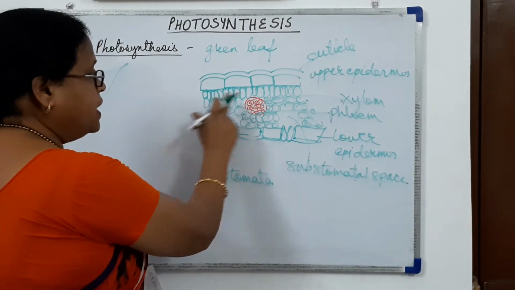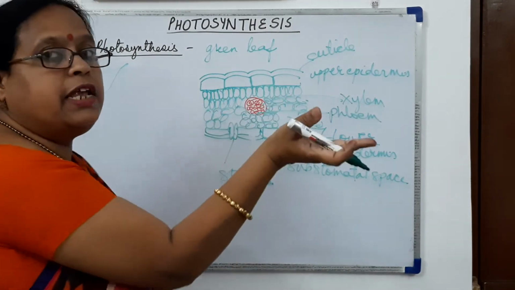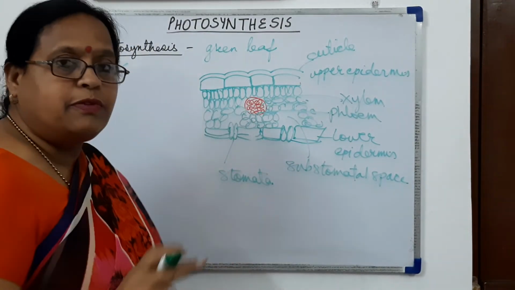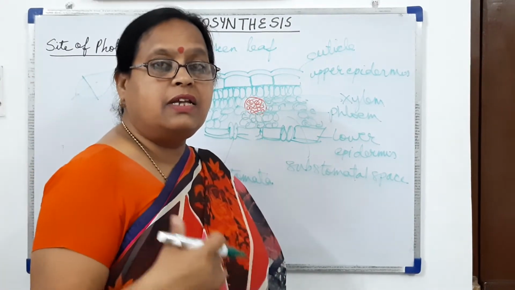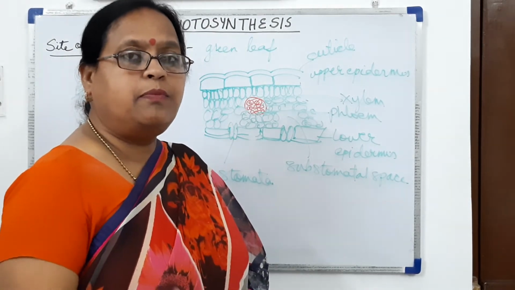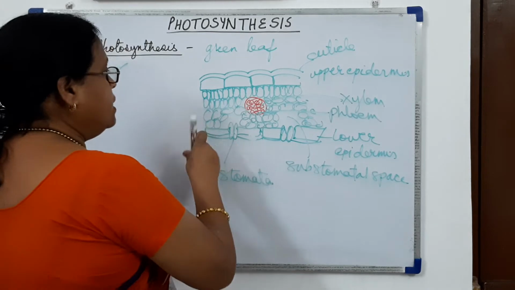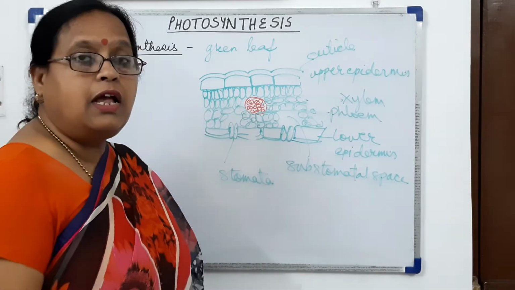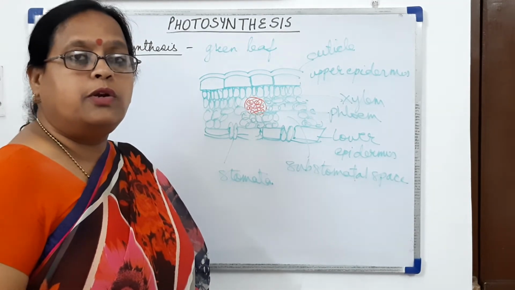And in the mesophyll cells, because the upper layer is exposed to the sun, the chloroplasts, as we know, divide when they are exposed to sun. So they multiply in number. That is why the upper layer, the palisade parenchyma, has a large number of chloroplasts in them.